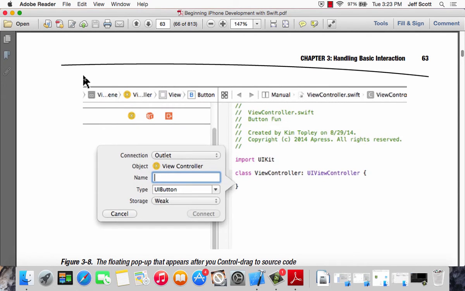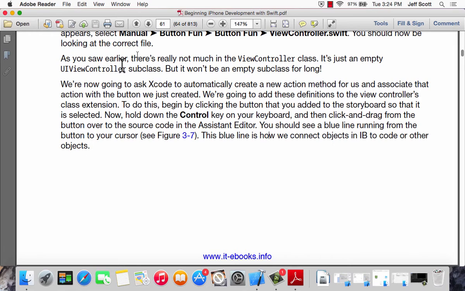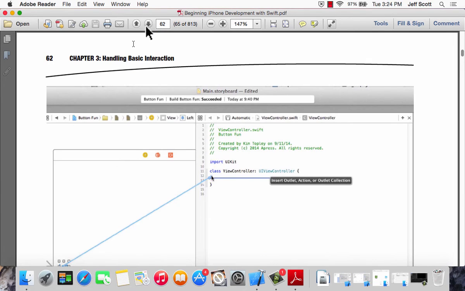So again, they have you come in here, and this is the one thing that we had talked about before. You've got your outlet type, UIButton, etc. You give it a name. So this is all the stuff that we talked about before. But notice that when you change this from outlet right here, now I thought it was on here, maybe it's not. When you change it to action,